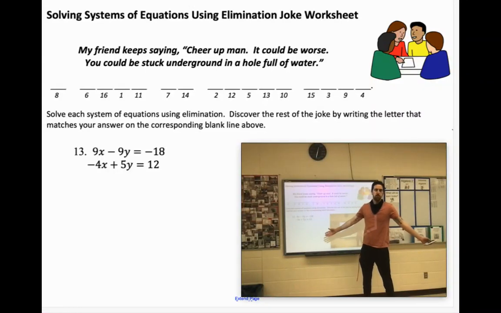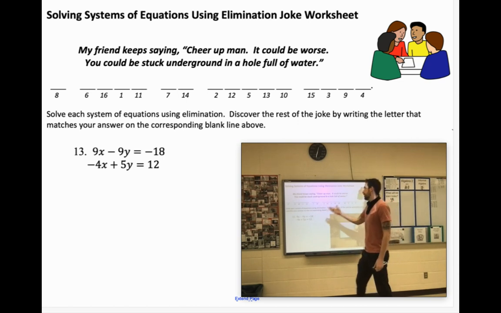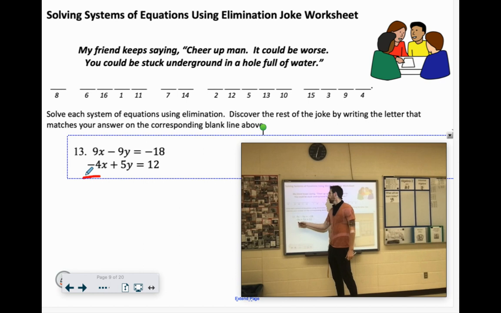Today we're going to talk about solving systems with elimination, my personal favorite way to do it. Now, when you are eliminating these variables, you're going to want the x's and the y's on the same side, and you're also going to want a set of them to match up. So, like on this first one, number 13, we're going to do together, you're going to want the x's to